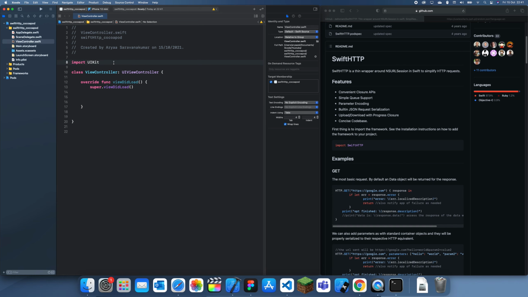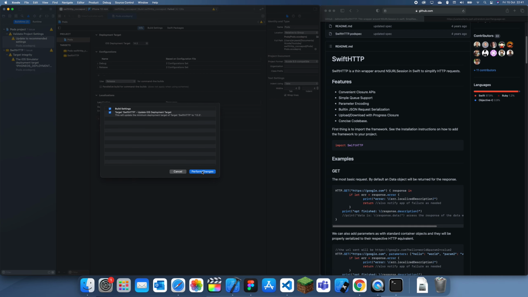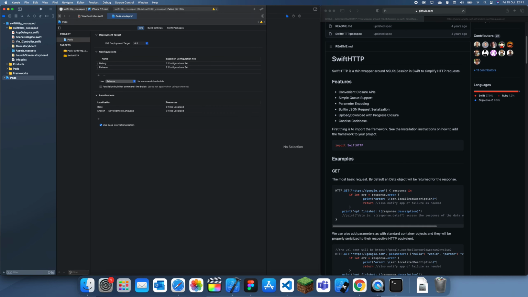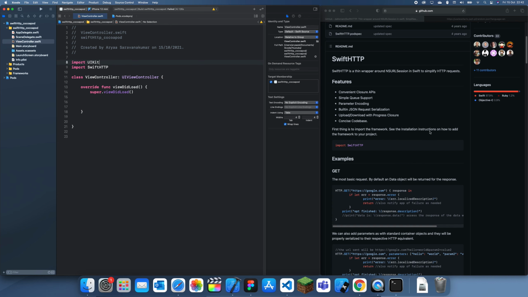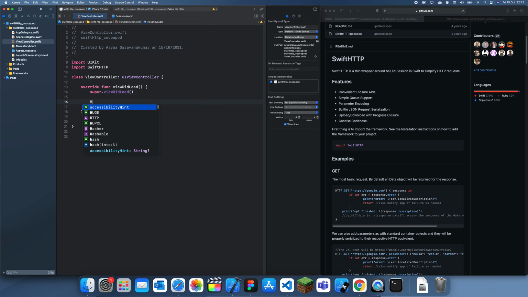So first let's import SwiftHTTP. I think it's going to build and then, oh, I spelled it wrong. Yeah, I spelled it wrong. HTTP like that, and you should usually upgrade. This usually happens whenever you bring in Cocoapods because they haven't been updated, but they should still work. Now that you've imported that, I think we can go like